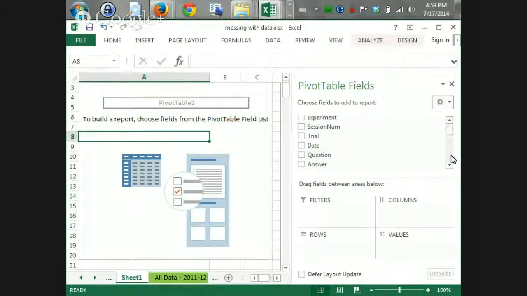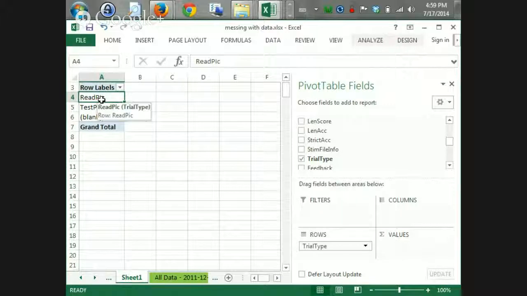Which trial type is here? Oh man, is this really old data? It doesn't have trial type? It's there. There we go, trial type. So I want to look at trial types. So I have read picks and test picks. So those are the trial types I use, and I want to look at